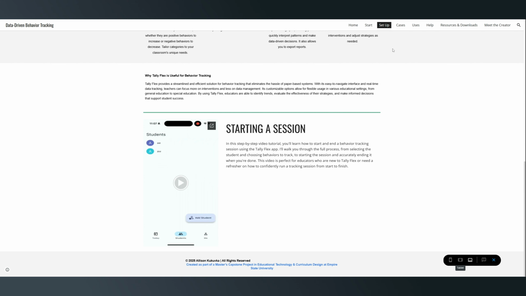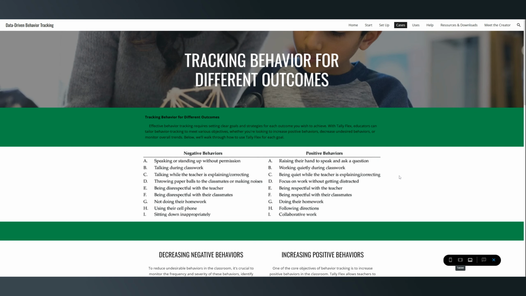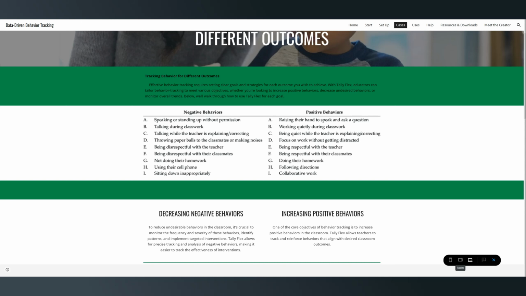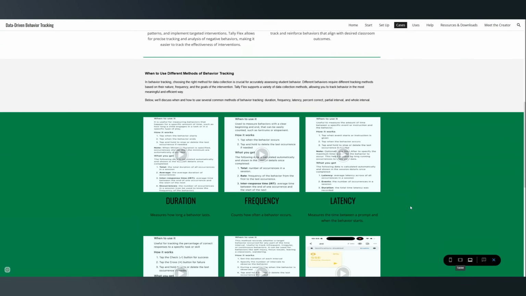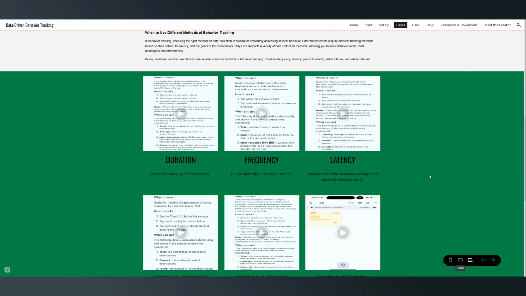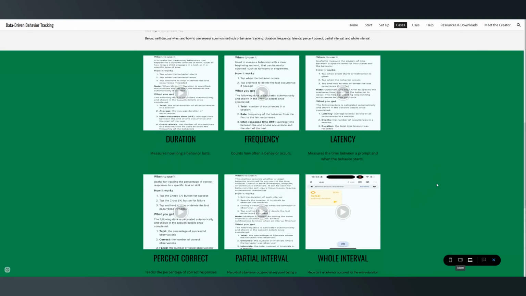Once you have done that, you're going to move over to this Cases tab. And this is going to talk about behavior in general, talk about negative versus positive behaviors, decreasing behaviors and increasing behaviors. And then there are 6 different methods of behavior tracking that this resource is going to focus on. It's going to focus on duration, frequency, latency, percent correct, partial interval, and whole interval. And you're going to be able to click on each of these little videos. They are very short, less than a minute,